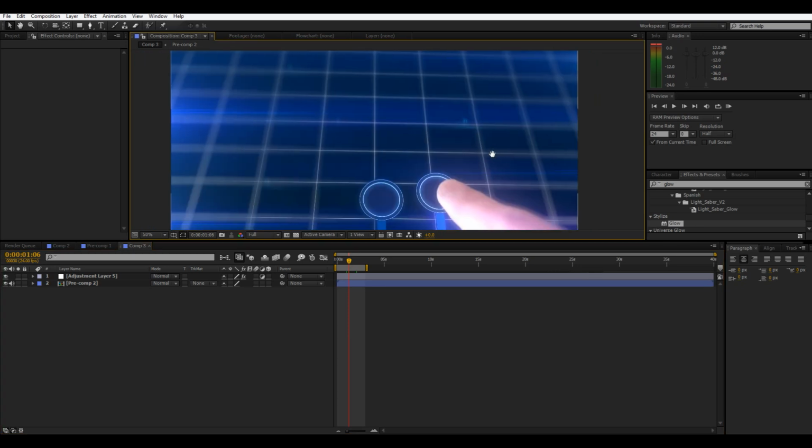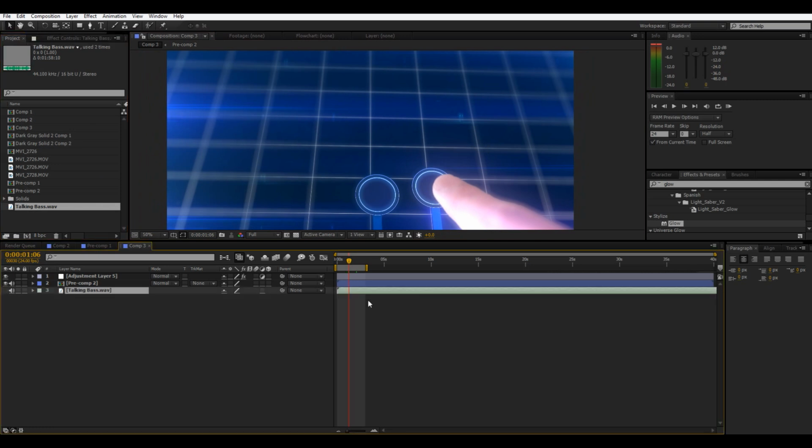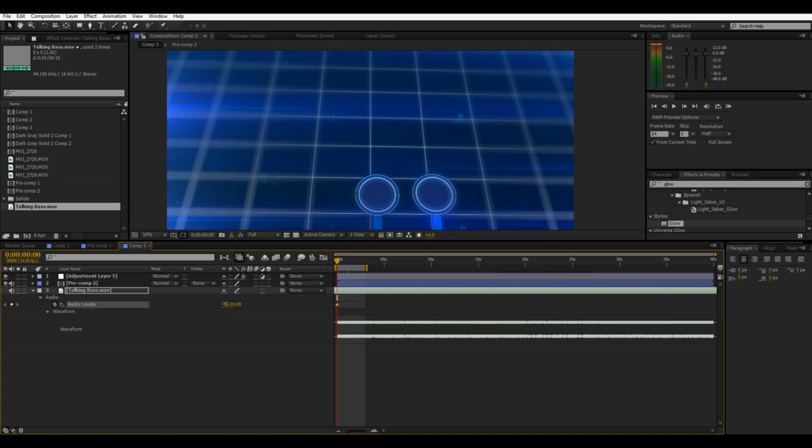Okay, so now that we're all set with that, we have to add some music. So I'm just gonna add this in right here, and we can open up the waveform. We'll put that there. Okay, so what we have to do is keyframe the starting amount of volume, so it should be in the negatives, and then move that keyframe right to where the slider is first touched,